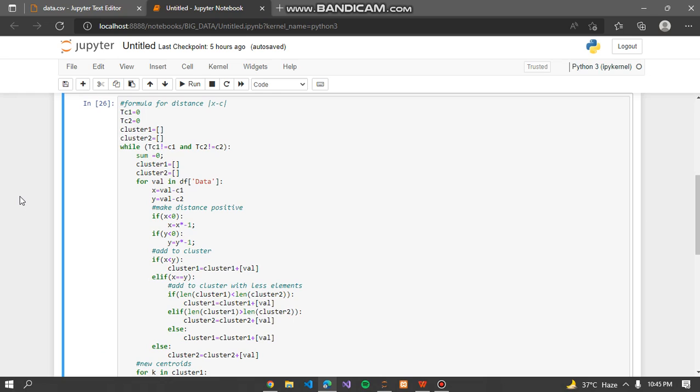Now we have to calculate the distance. The distance formula is given by x minus c, where x is the value and c is the centroid. We have 2 variables, tc1 and tc2. These are the temporary centroids we are going to calculate, and then we're going to compare these values. We have 2 empty clusters, cluster 1 and cluster 2. Then we have a while loop that will run until the values of the temporary centroids and the original centroids become equal. So we have sum equals 0, and cluster 1 and cluster 2 as empty,